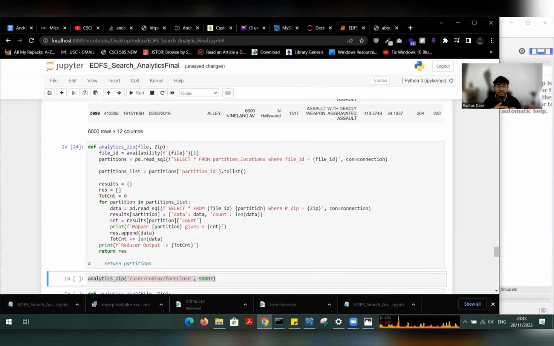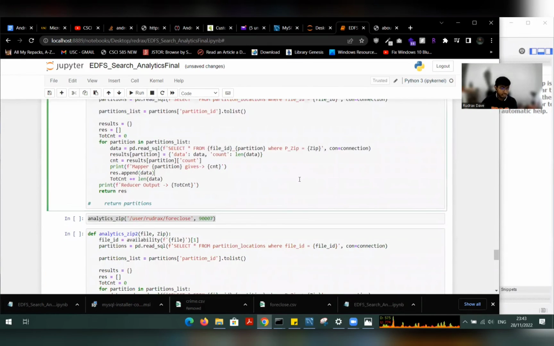So we are doing a map reduce function right now. Map reduce will take one map and link it with all the partitions together. It will take the first file and give values from partition 1, partition 2, and it will count the values as well for our analytics part, and we'll get the outputs for our search part as well.